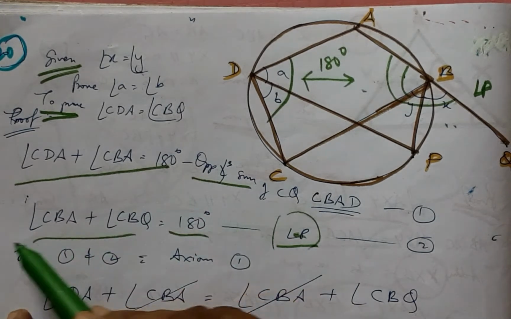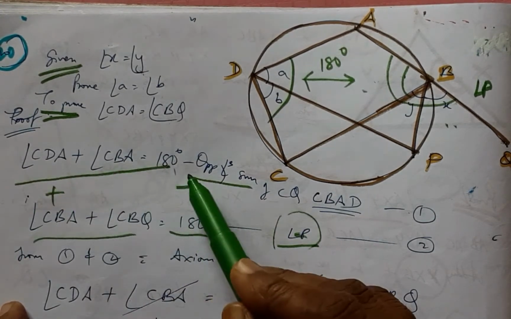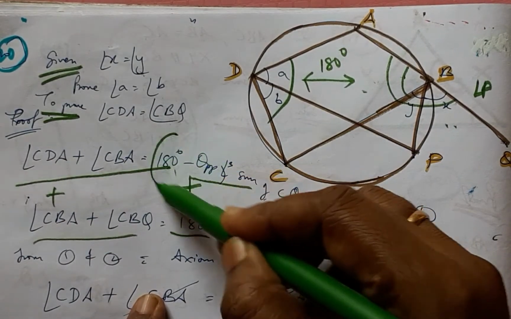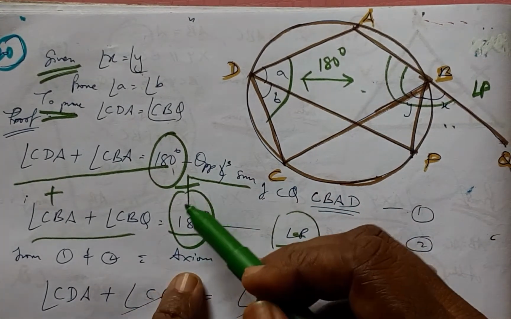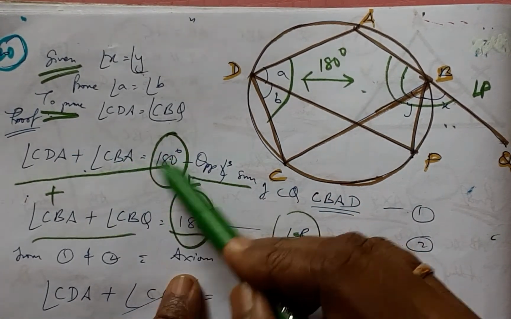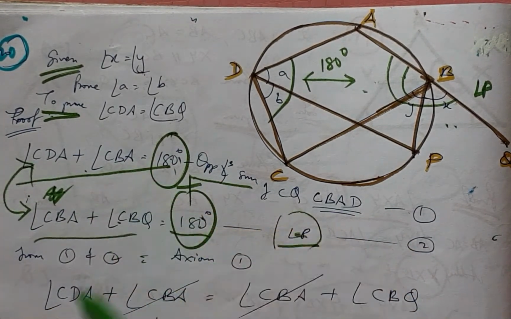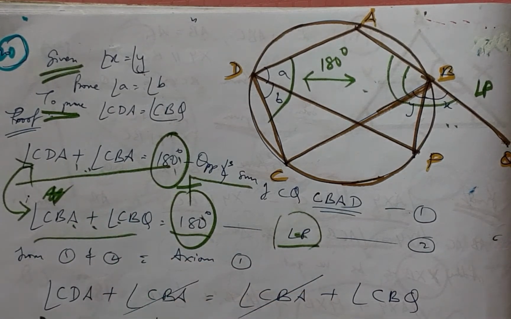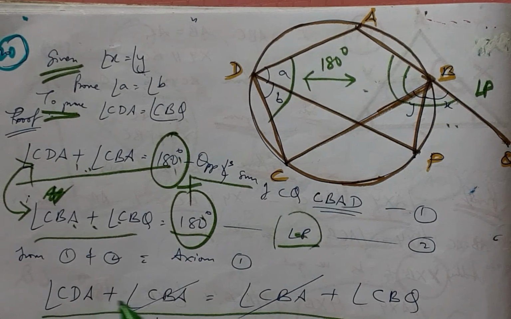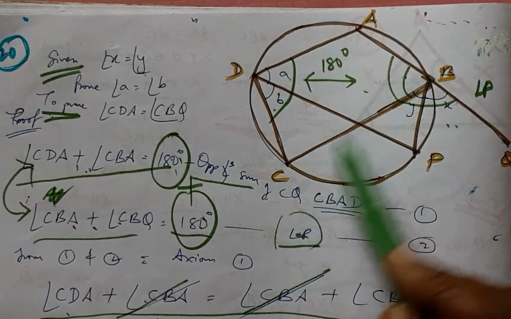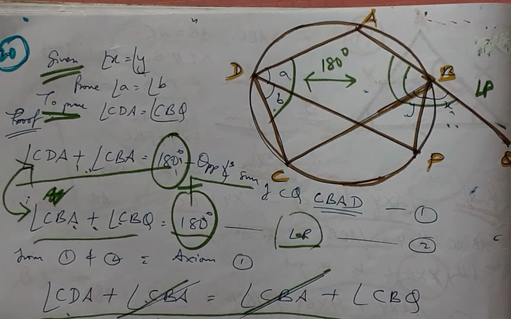Now you see, if we try to add the LHS and the RHS, as you can see, these two are equal by Euclid's axiom 1: things which are equal to the same thing are equal to one another, no addition here. Therefore we have these two as an equation, and once they are established, if this positive goes this way, it becomes negative and both get nullified, and therefore we have CDA equals CBQ, and CDA is nothing but A plus B, and CBQ is nothing but X plus Y.